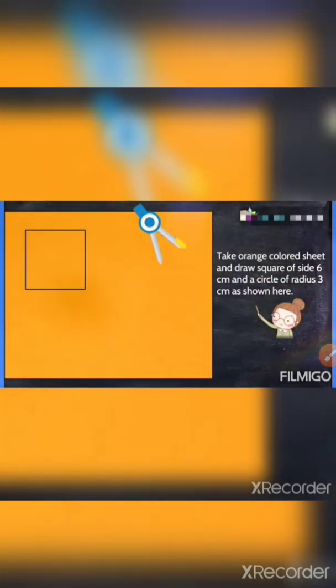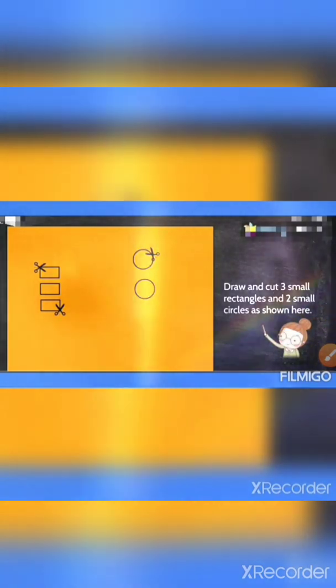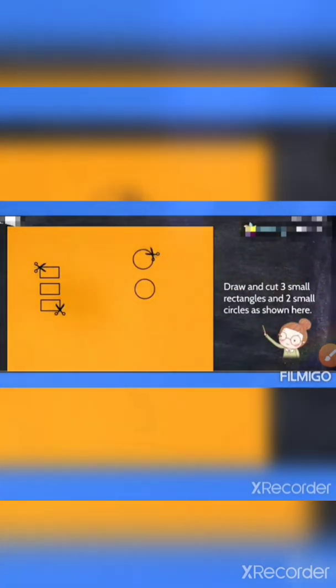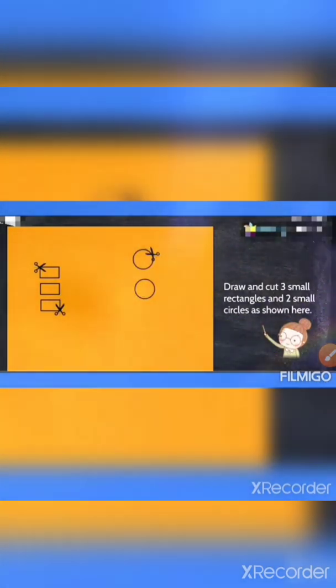If you have white, then you can choose any one. Take an orange sheet, sorry, this is the orange one, and a 6 centimeter circle. You can take a round object and 3 small rectangles. Fine, 2 circles and 3 rectangles.